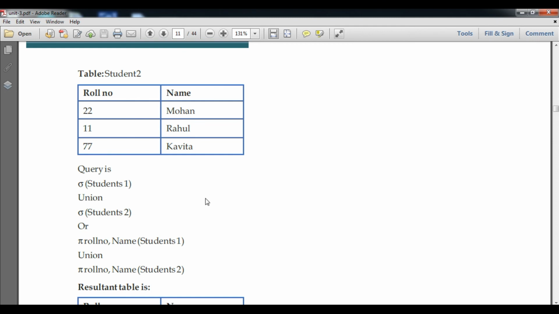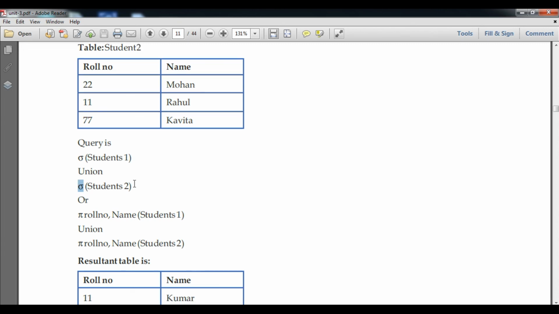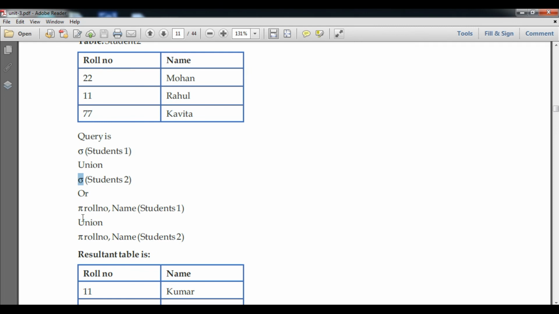This operation will combine the two tables, and the duplicates are removed. It is represented by the symbol shown here, student 1 union student 2. Now we can understand what happens: first the content of table 1 is copied as it is, like 11, 22 and 33.